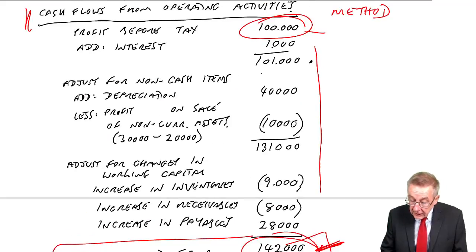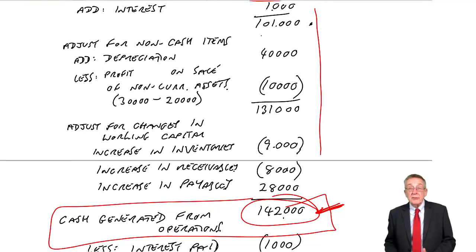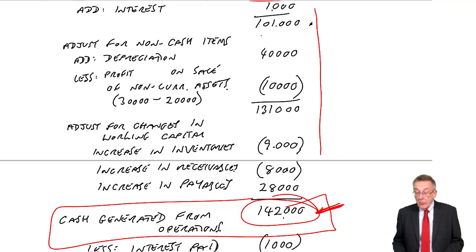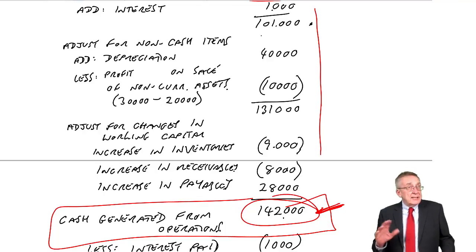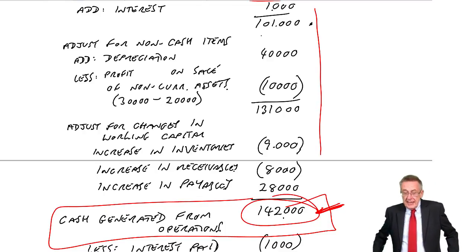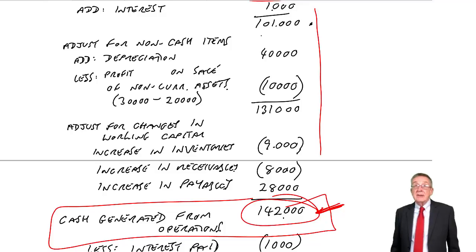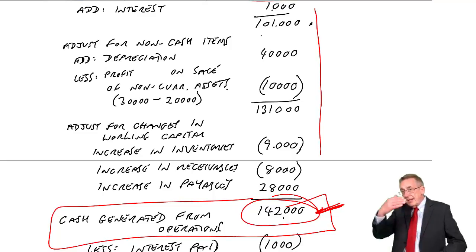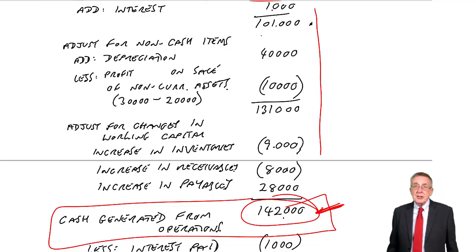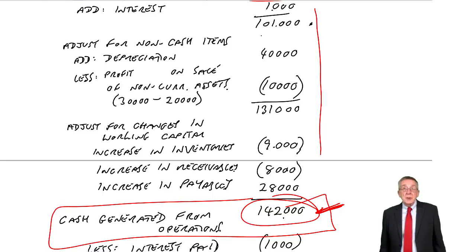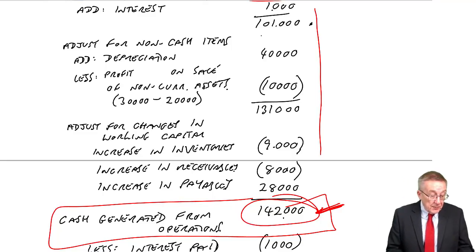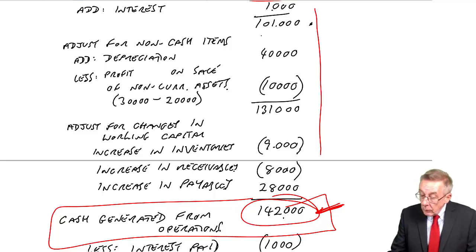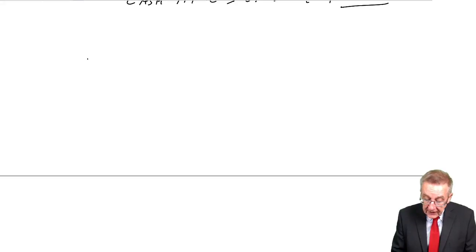But there is an alternative way of arriving at the 142,000. That's what I've got to show you now, and it's called the direct method. And it's actually quite sensible, because remember, we need the cash generated from operations. Yet again, we took the profit and then adjusted, increase, decrease to get cash. But the alternative goes straight to it, and it says, if you look at the next page, you can see the basic layout. Why don't we just calculate the cash received from customers